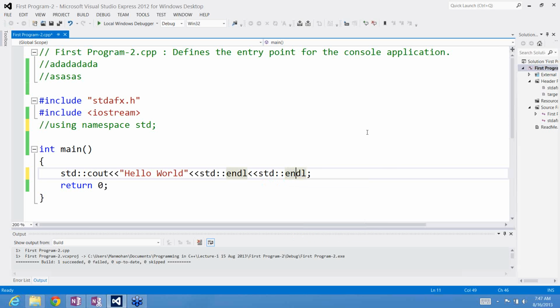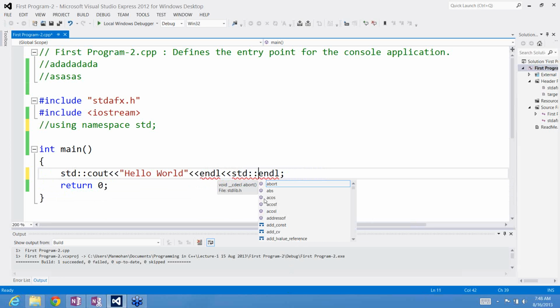So the namespace thing is, every time you have to write std colon before the name of every city, before every function or functionality we want to use. This is a command to print on the screen. This is the command to change the line and go to the next line. So you have to write std before every command you write. So instead of writing std like this before every function we use from the IOStream library,